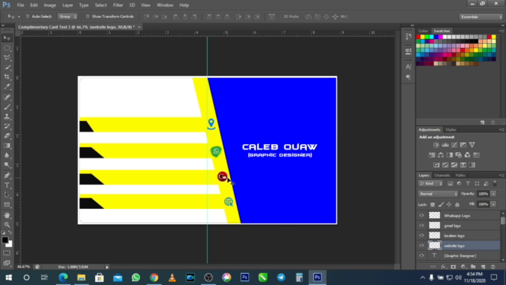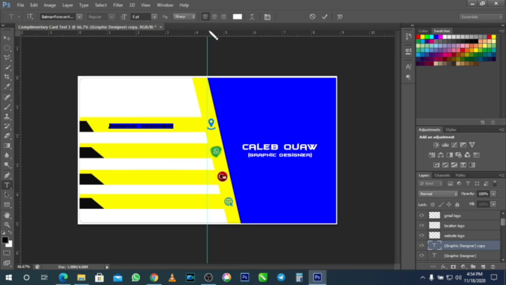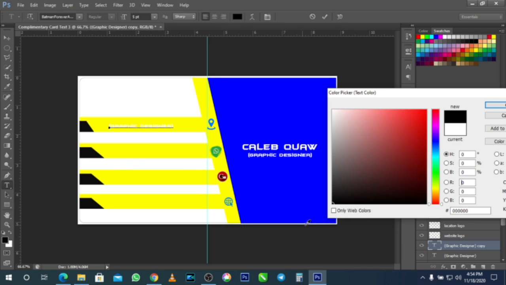So for the location, you can select your graphic designer and duplicate it because the size is cool. So drag it right here, double click on it and change the color to black. Okay,